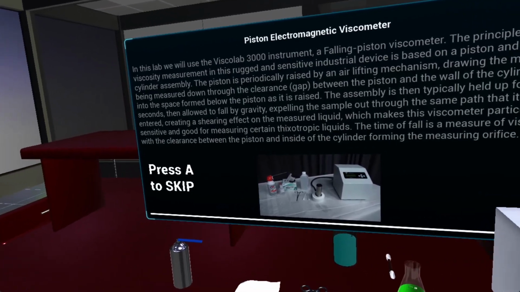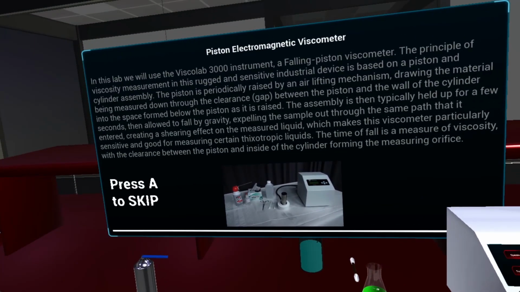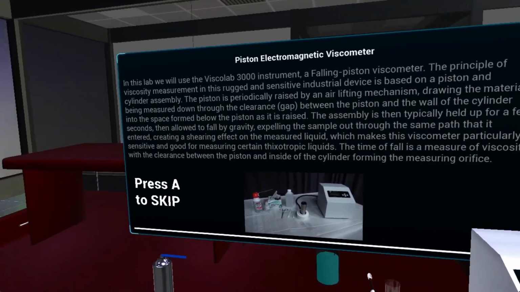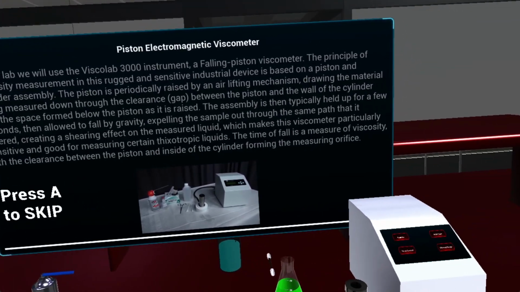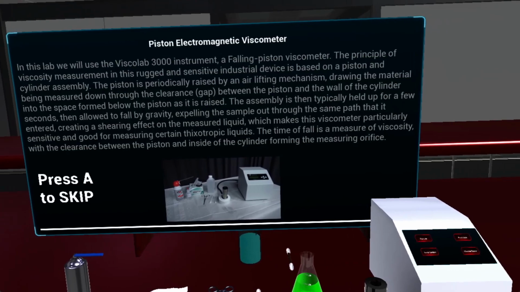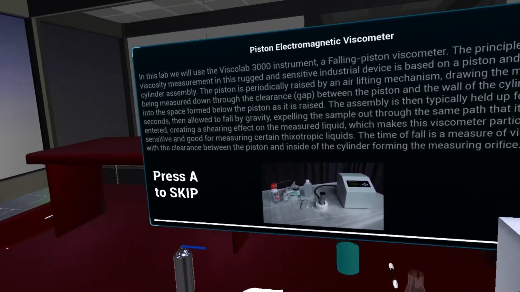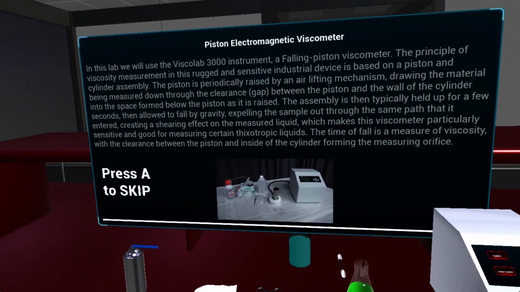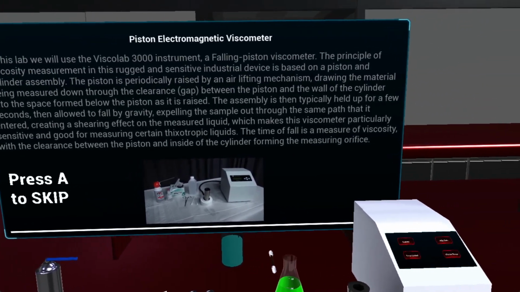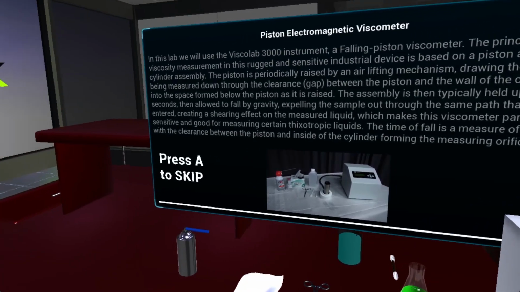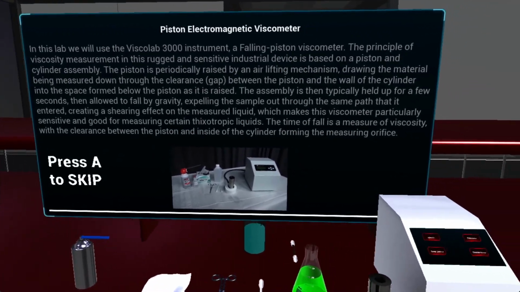The assembly is then typically held up for a few seconds, then allowed to fall by gravity, expelling the sample out through the same path that it entered, creating a shearing effect on the measured liquid, which makes this viscometer particularly sensitive and good for measuring certain thixotropic liquids. The time of fall is a measure of viscosity, with the clearance between the piston and inside of the cylinder